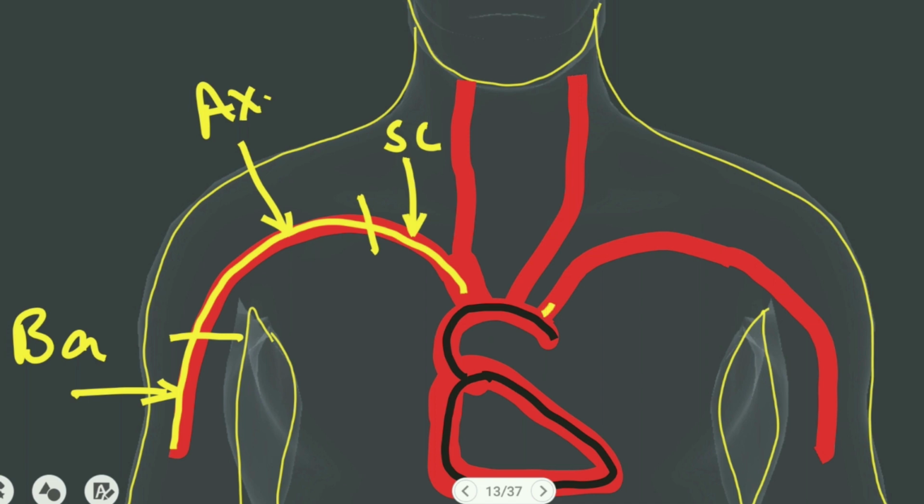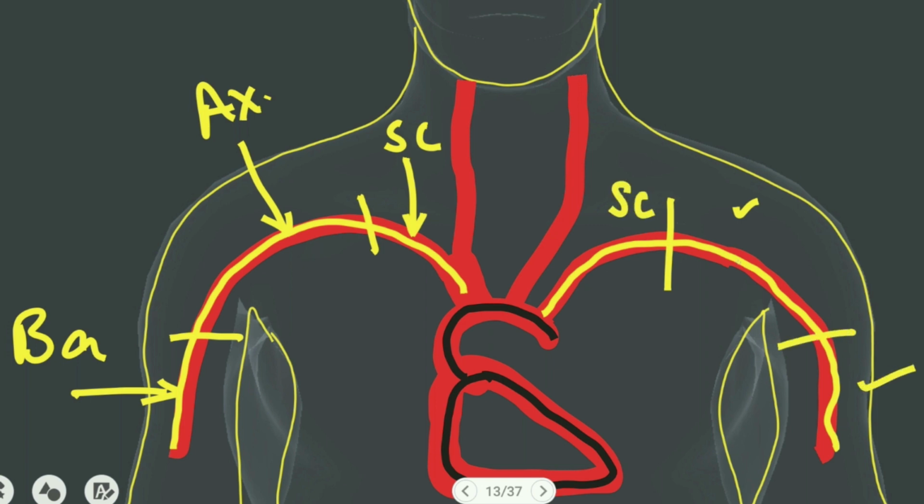I will repeat, the subclavian artery is the source of blood to the upper limb. For supplying the upper limb, it will exit the neck and reach the axilla, and then it will exit the axilla and reach the arm. So first we will name it the subclavian artery, then we will name the same artery the axillary artery, and then we will name the same artery the brachial artery. Keep in mind, this is one continuous artery, but the name changes according to the location.